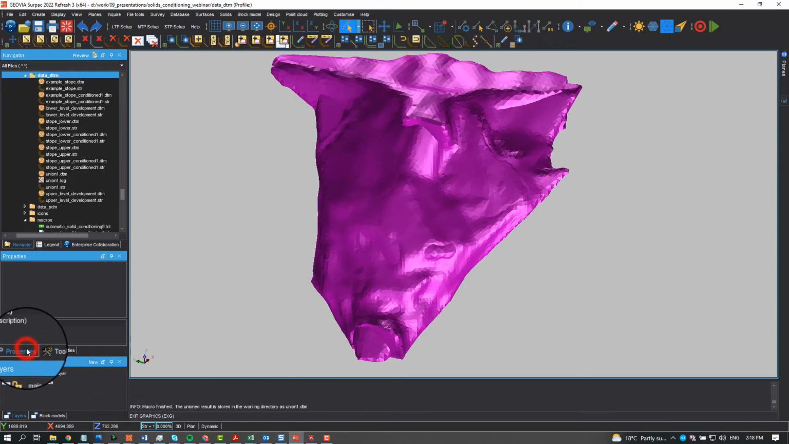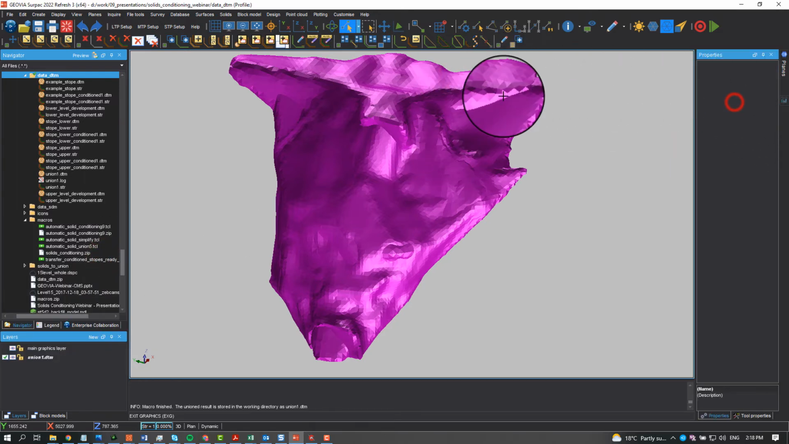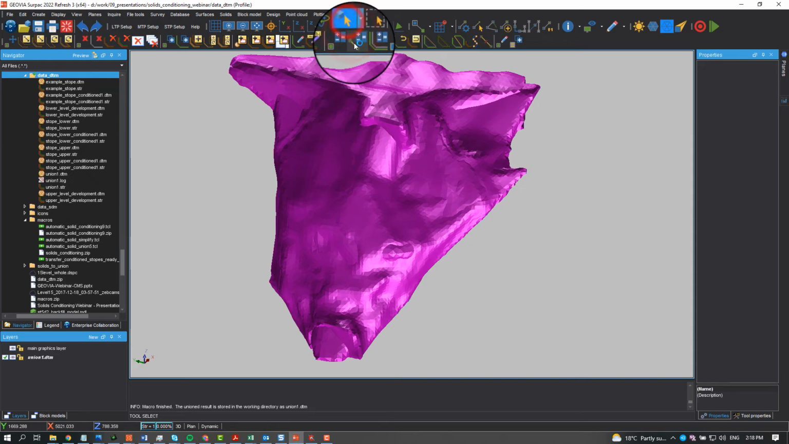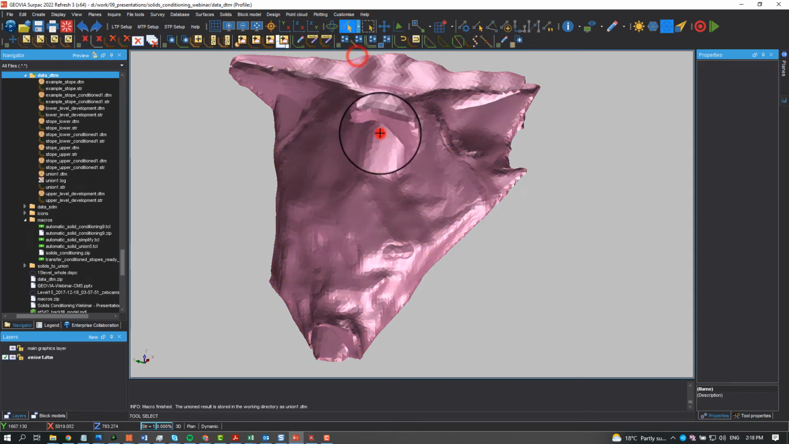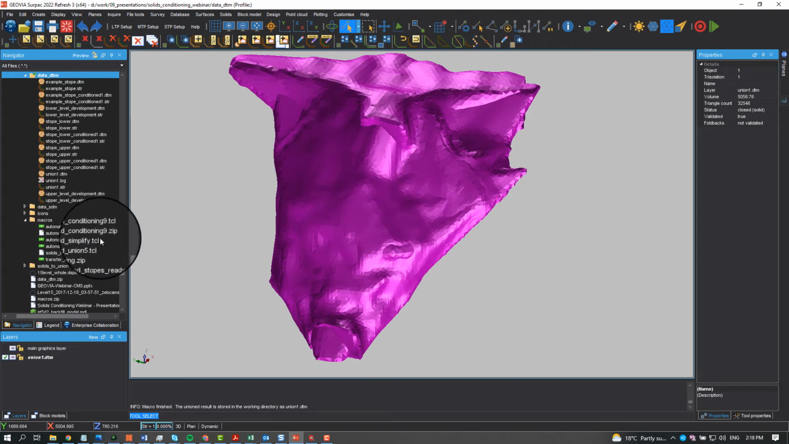And if I had my properties window up, and on the other side, let's put it here. You can see that when I select it, it becomes object 1, trisolation 1, tells me information and gives me a volume there. So these two macros are very, very handy to use to create conditioned solids from any CMS data that you might be picking up. And as I said before, it may not work for all solids, but it will probably do 95% of them for you. If you'd like to get a copy of the macros to test them for yourself,